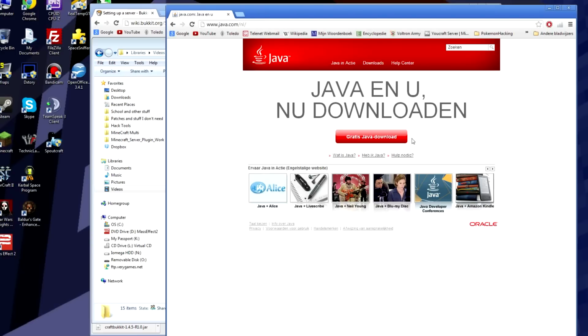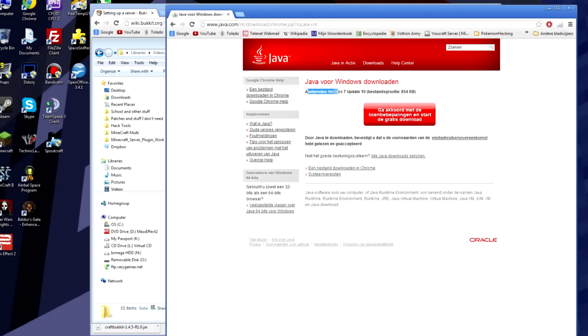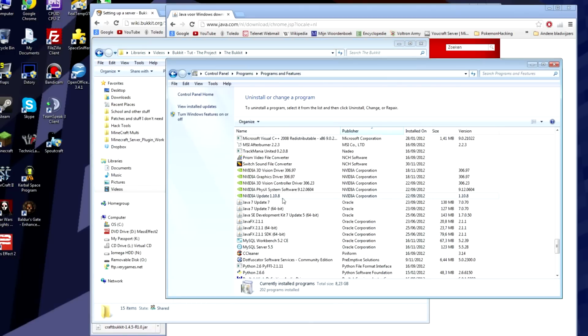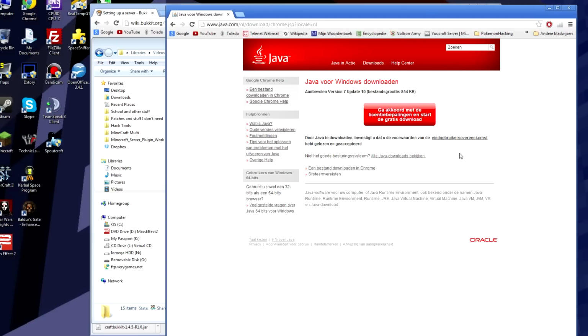Alright, there will most likely be a download button, Java download, and that will take you to the download page. Make sure you download the correct one. If you are running Windows, pick the Windows one, and get the latest. It's already update 10, and I had update 7, so I'm lagging behind in updates. Anyway, download it, make sure you have the correct bit version. There are 32 as well as 64-bit